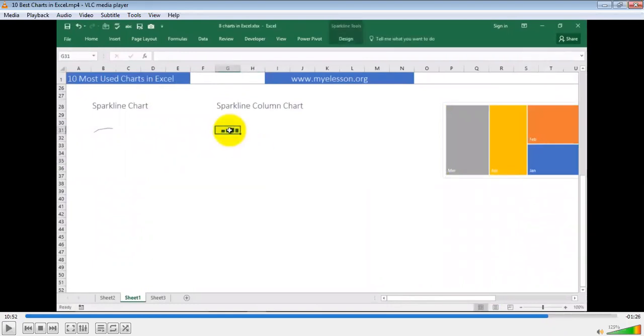These are basically used in presenting balance sheets, revenue figures, or cost comparison, to see which is the highest and which is the lowest. And even if it's a line, you could understand how the cost is increasing, then reducing. This is a kind of older way of doing it. They put it in a cell because you can include this in a table. So you have table in table, those kind of scenarios.